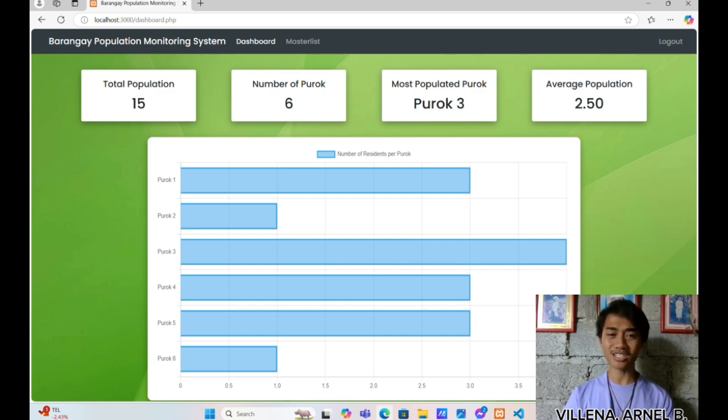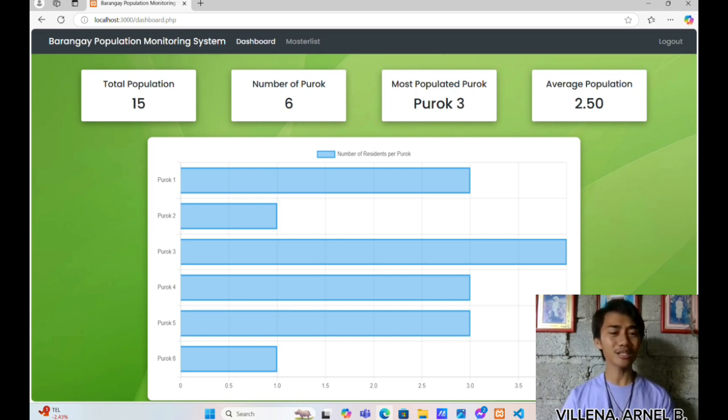The dashboard itself features summary cards that display key information such as the total population of the barangay, the number of puroks, the most populated purok, and the average population per purok. Below these summary cards, we see a bar chart that provides a detailed visual breakdown of the population in each purok.